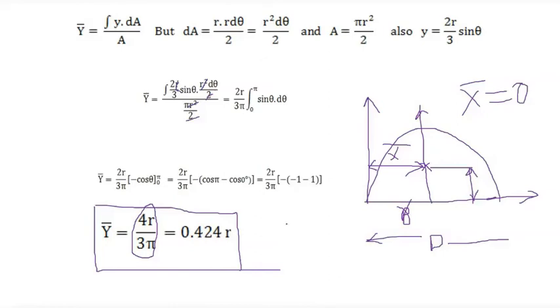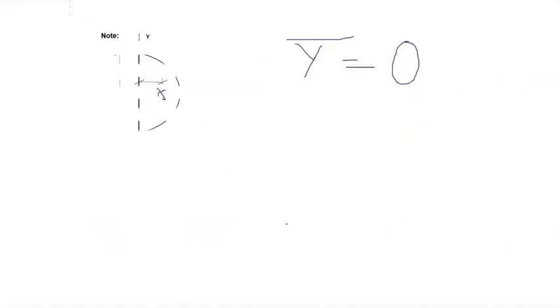Similarly, even if the semicircle is oriented in the vertical direction like this, the x bar value will be the same, 4r by 3 pi, because it is the same radius, just rotated about the axis. That's it. So y bar has become x bar. Therefore, x bar is equal to 4r by 3 pi. All of you clear? Any doubt, anybody? No, sir. Okay. And y bar is definitely equal to 0.